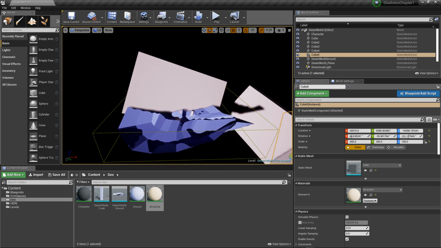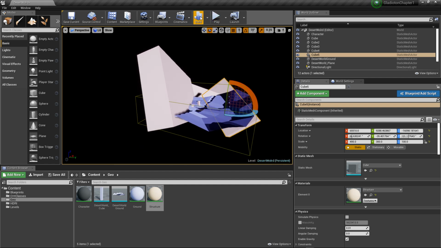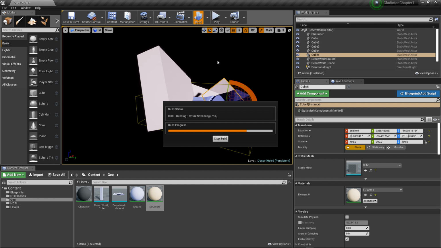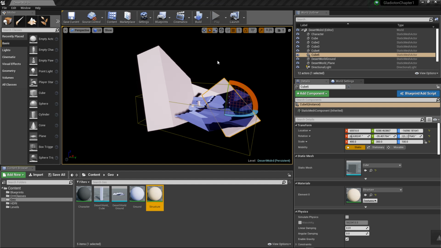Alright, so let's go ahead and build our lighting one more time. Some of this stuff's falling outside of my light mass importance volume. I don't know if that's going to cause a problem or not. Since these are relatively simple objects, this should be fairly quick, but